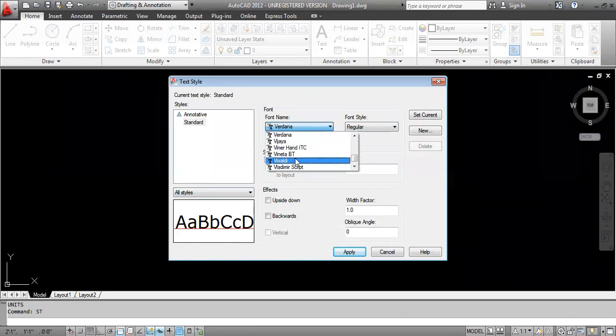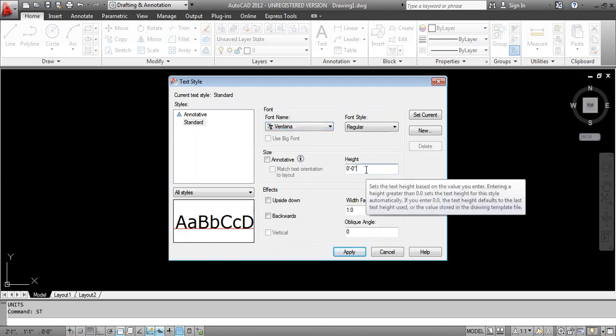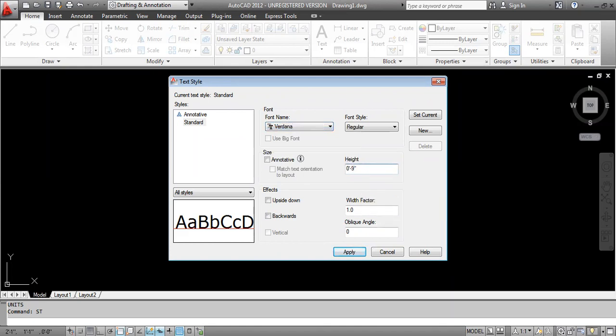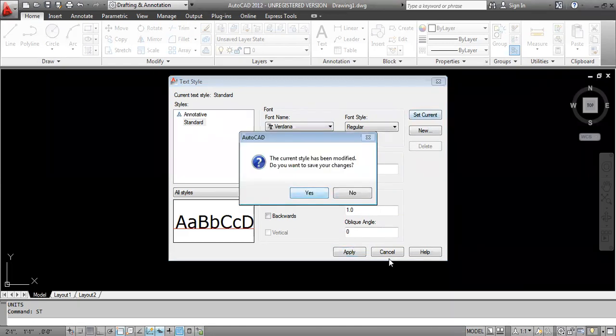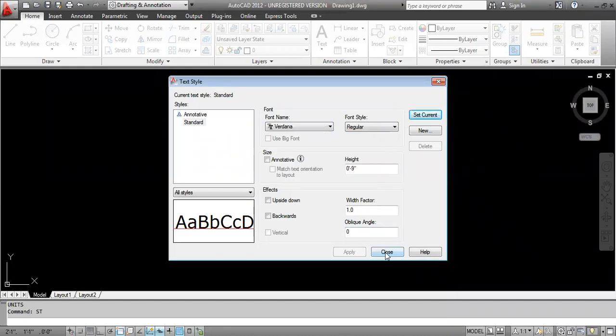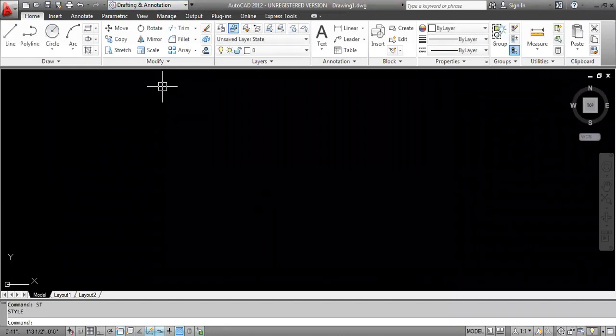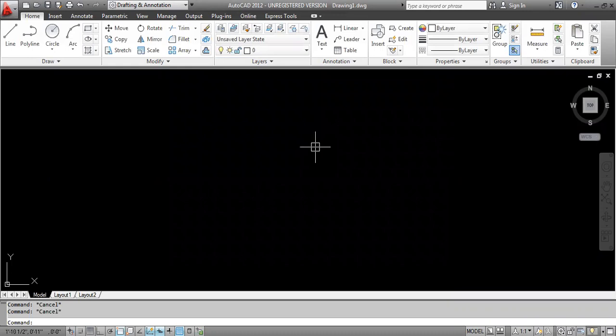Here different types of text are there. Here you have to give 9 inches. Set current, apply, close.